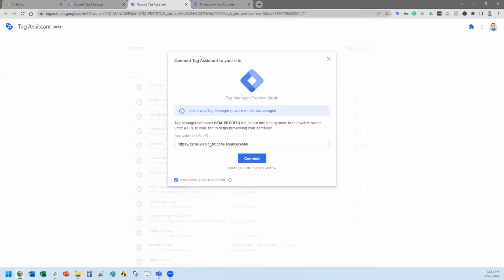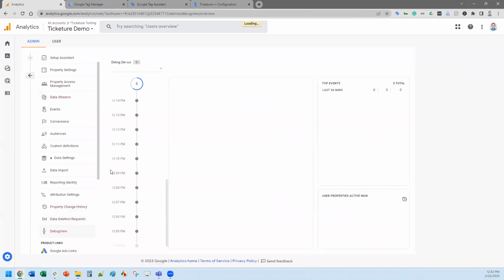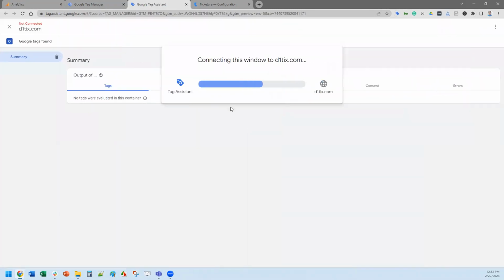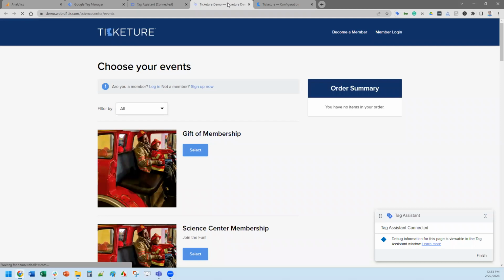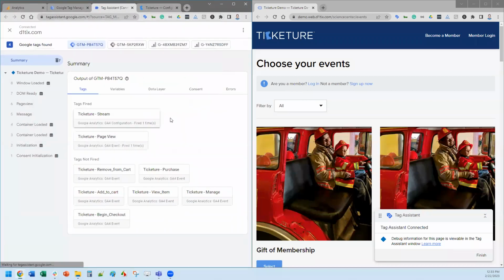So now I'm able to go in here and hit preview. I go into the preview side. It's going to ask me which site I actually want to preview. You can type in a new value. Obviously, I've hit this one before. I'm also going to tell Google Analytics to go into debug mode. With these two sitting side by side, I can now connect out to my Science Center site. It tells me I'm in that particular mode. And at that point, I can start watching what happens within each of these.